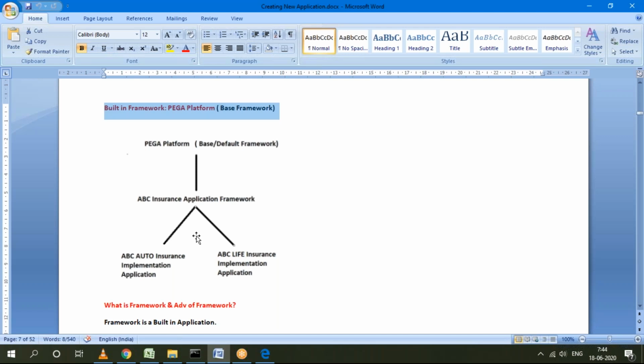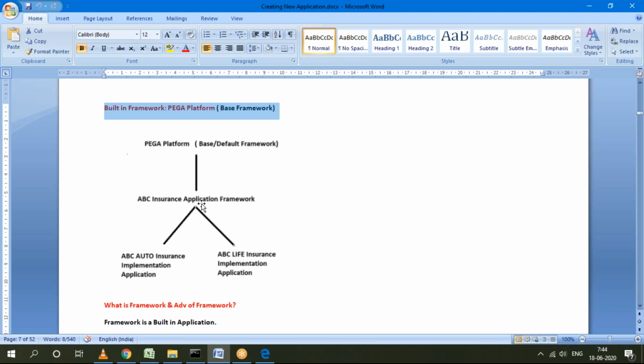Suppose you are working for some ABC organization and developing an application for them. Without adding a framework, we can define a maximum of one implementation. But if you define a user-defined framework application, I can define more than one implementation.